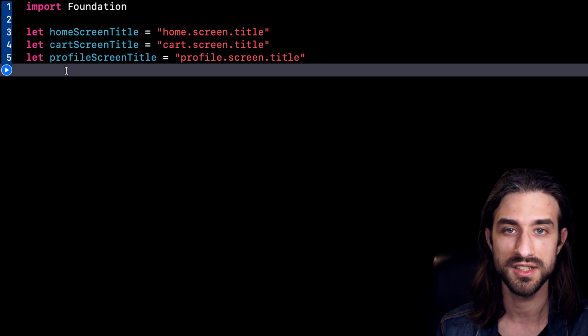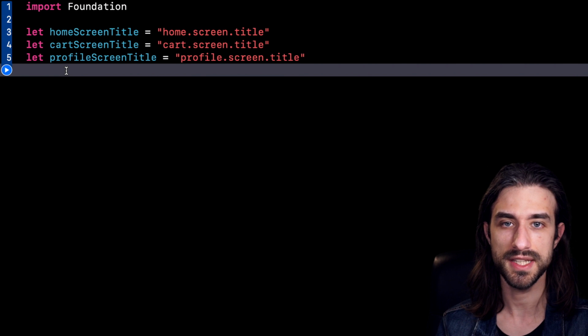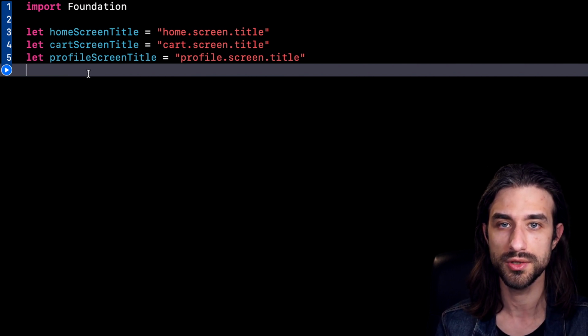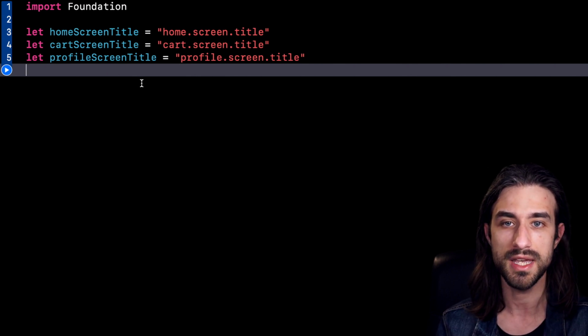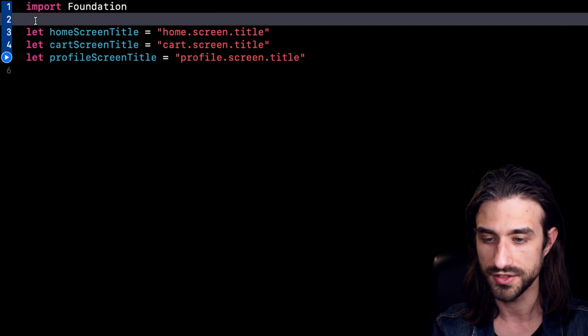Well, as you can imagine, since I said there would be only two examples, this time we will use static vars. The reason is that this time it doesn't really make sense to check for exhaustivity, because of course we know that in our app we will add new screens at a later time and maybe we're going to want to add new keys using an extension. So let me first put these constants together using a static var.